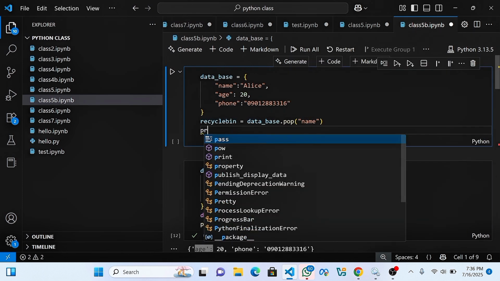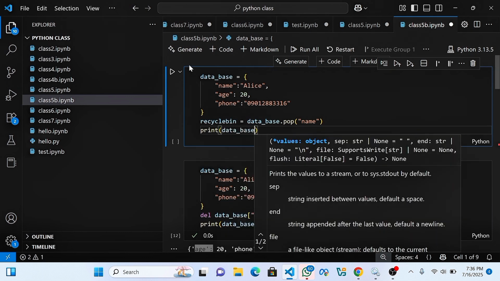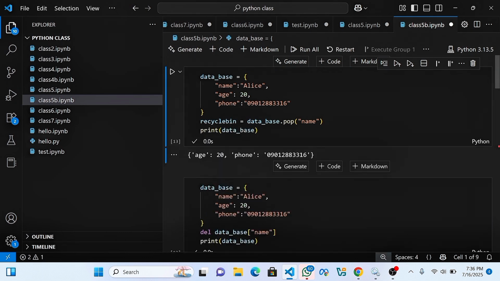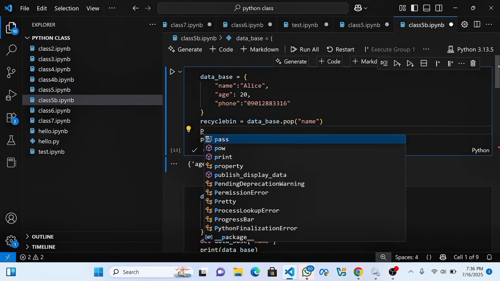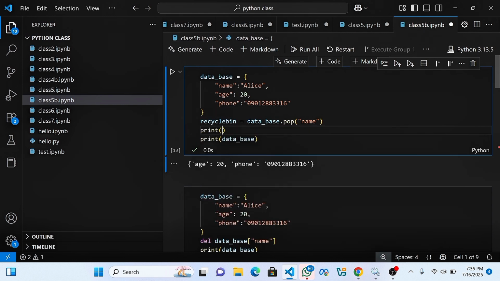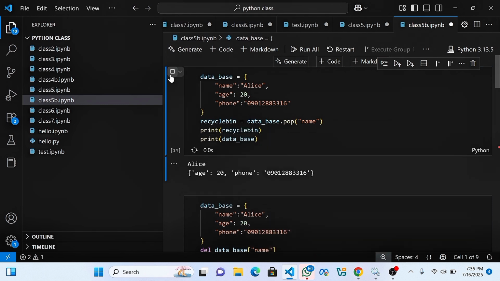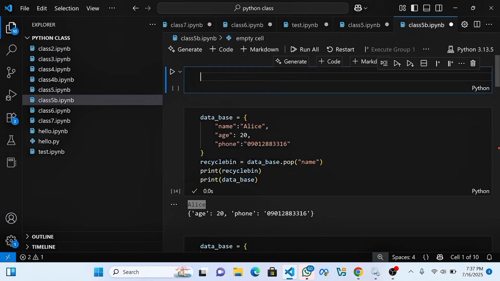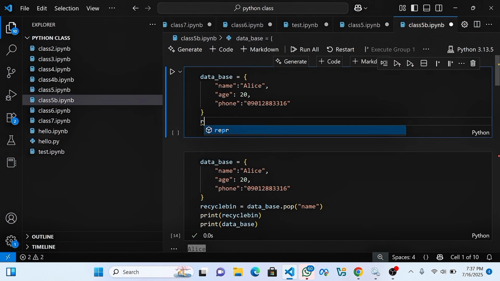Then we try to print our database now. You can see that the name is gone. But if we print our recycle bin, you can see that the value is being stored there. Try that. We paste it here. Then we print